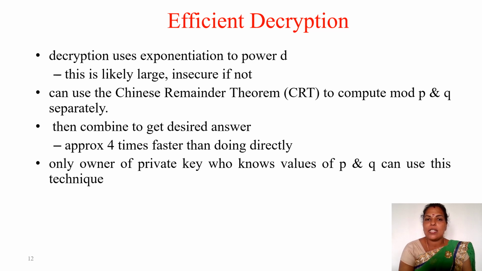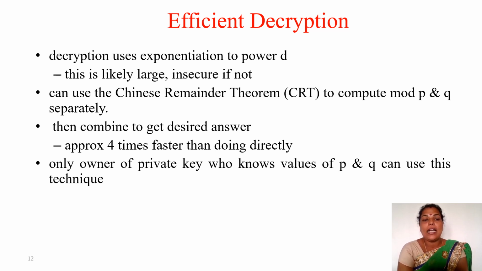This is slightly large but insecure if we are not using a large number. Here also we are using the Chinese remainder theorem to compute mod p and q separately. Then we are combining to get the desired answer. It is approximately 4 times faster than doing it directly. So if you are using the Chinese remainder theorem, then it provides fast